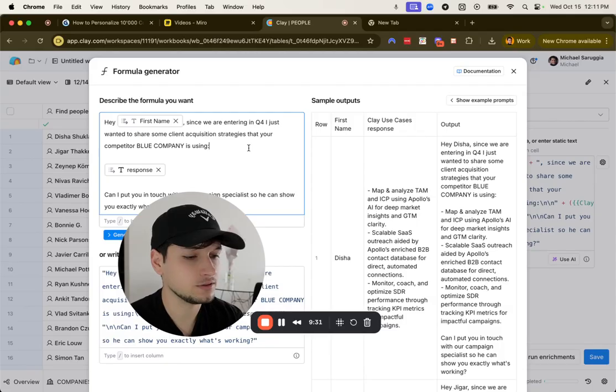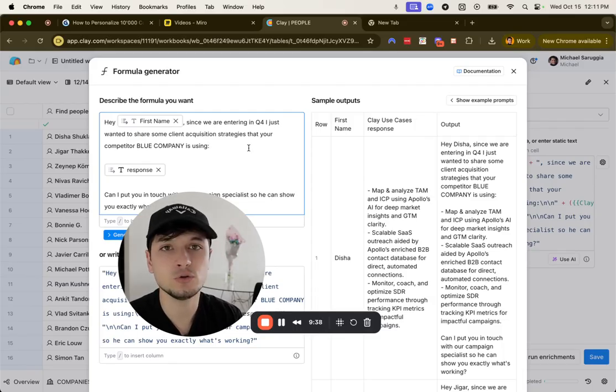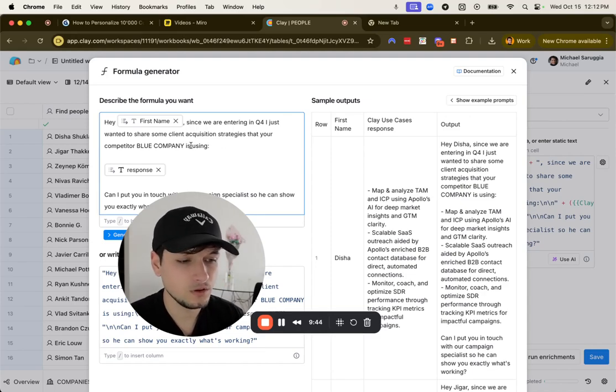Let's say that Apollo.io actually has a client in the financial industry. Map all the financial companies, get all the marketing and sales managers, and then you can say, hey, first name, since we are entering Q4, can I share with you some client acquisition strategies that your competitor, you mention the name of the competitor,